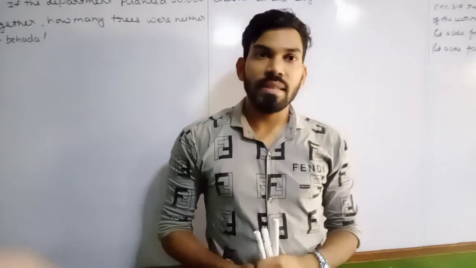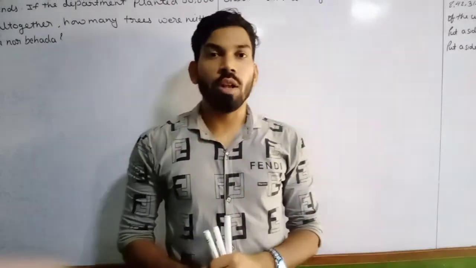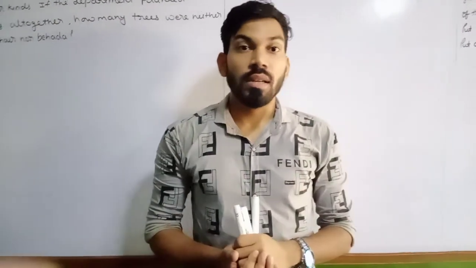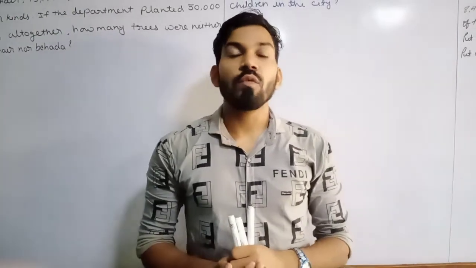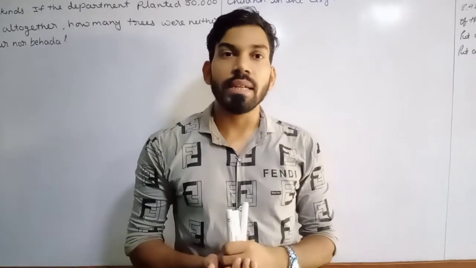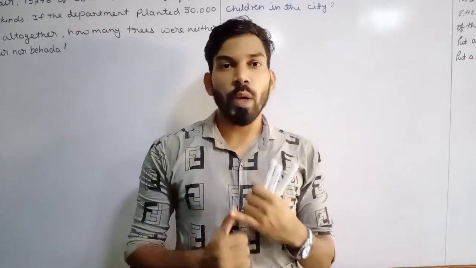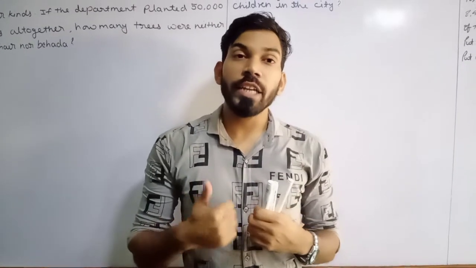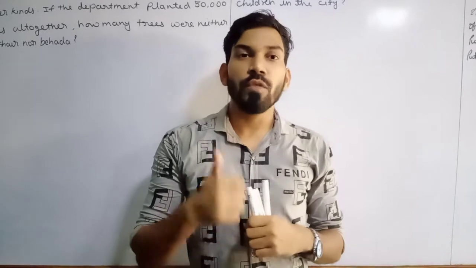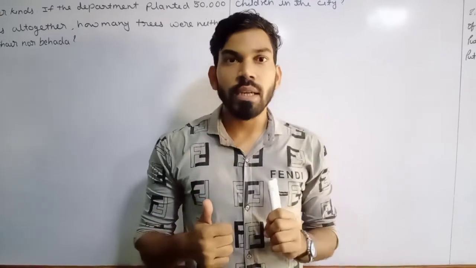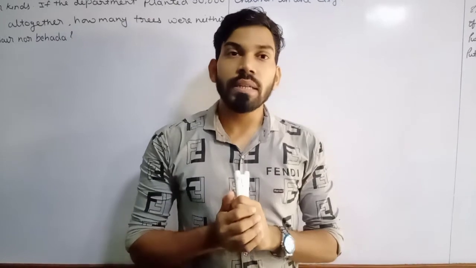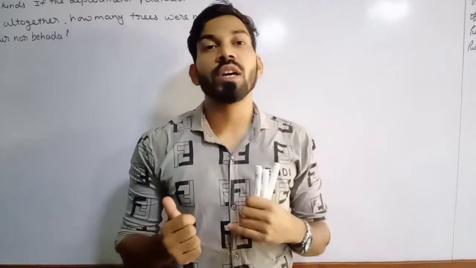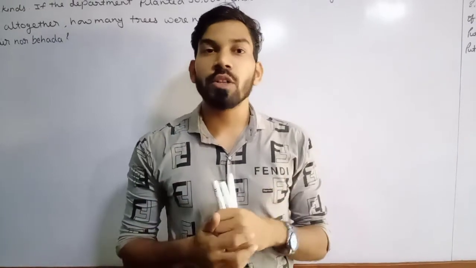In earlier practice sets, we learned how to solve word problems based on addition as well as subtraction. Now, in this practice set, we have word problems like that. In the same sum, we have to do addition as well as subtraction. So let's see how we are going to identify that. First we have to read the sum carefully and try to understand which two numbers, which two things are given in the question. We are going to do the addition and after that do the subtraction.